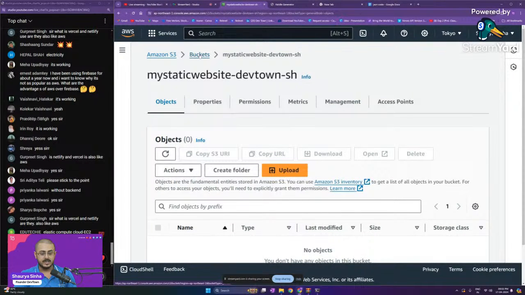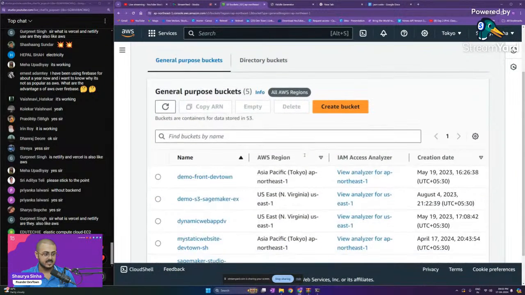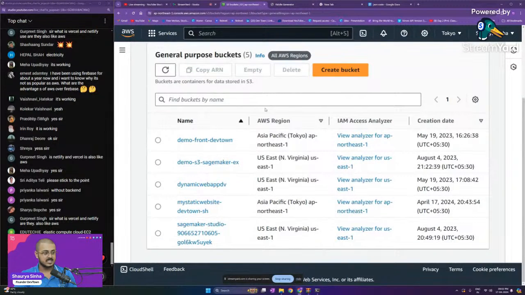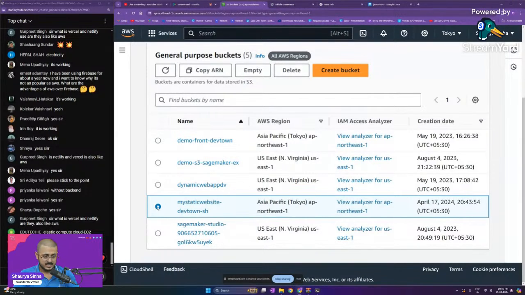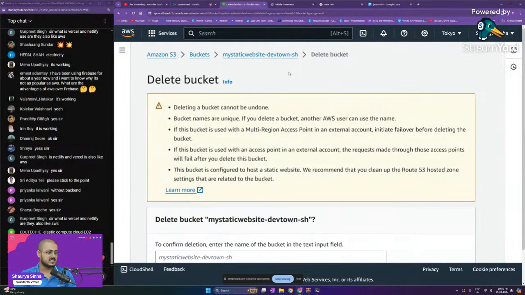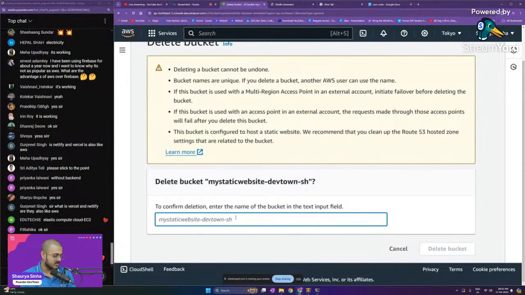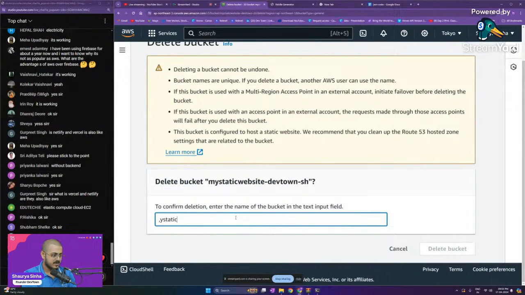We'll then go to buckets, where all my buckets are. As you're able to see, we are in S3 and then buckets. We will select the bucket that we were using right now, that is my static website DevTown SH. That's the bucket that we were using, and we are going to delete this bucket as well. So we'll delete this bucket from right over here, guys. Again, it will ask us to write down the entire name to make sure that you are not mistakenly deleting a particular bucket. So we'll write down our name as well right over here. So my static